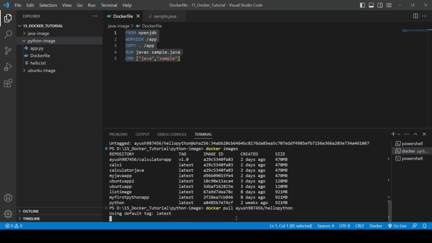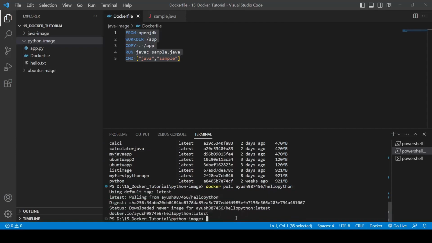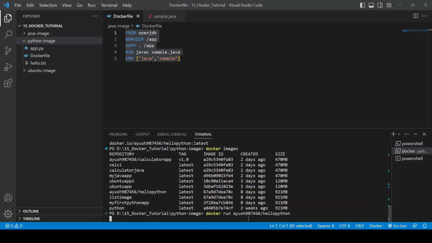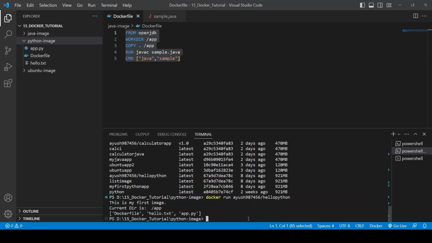So now it's pulling the resource from the Docker Hub, okay. Status: downloaded. If you again check for docker images, here you will see we have this one. And now if you want to run, you can run it using docker run. If you do this, here you can see the content, whatever content we had written, it's